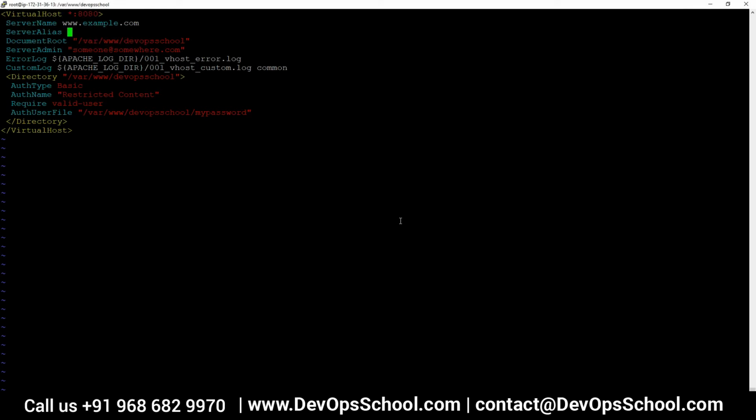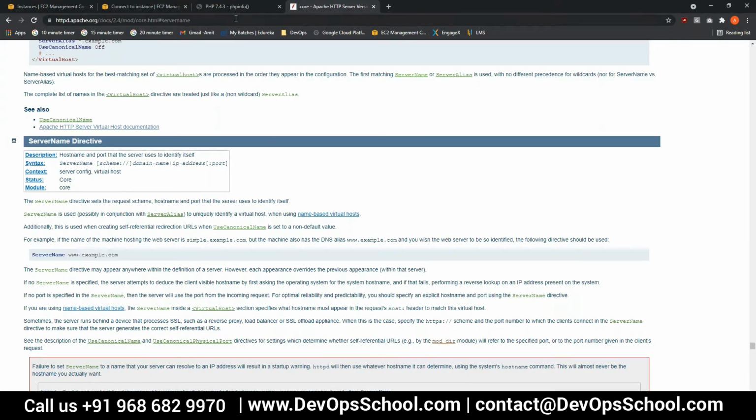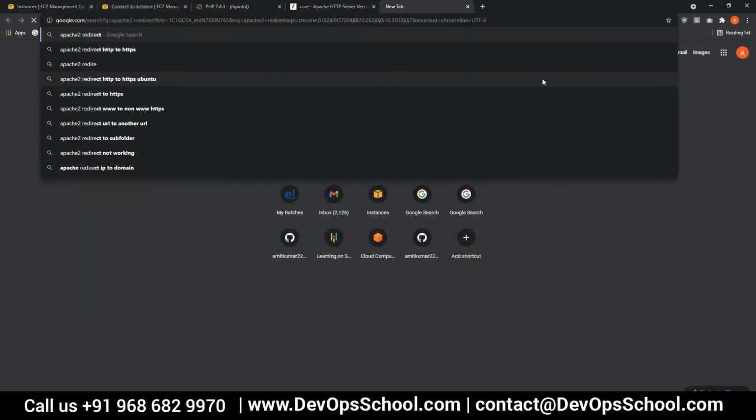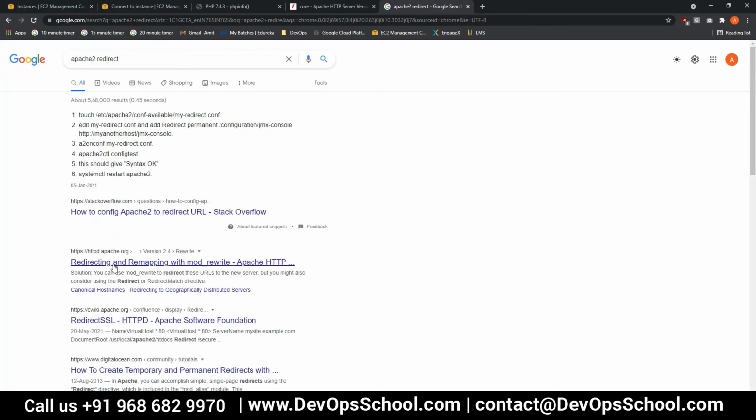Right, and here you can say, well, instead of www.example.com, I want to also call this server example.com, right, or myexample.com. So this could be your server names. These are the various server names that you want to give for your internal reference to this server, right? And then what you can do is you can do, yep,